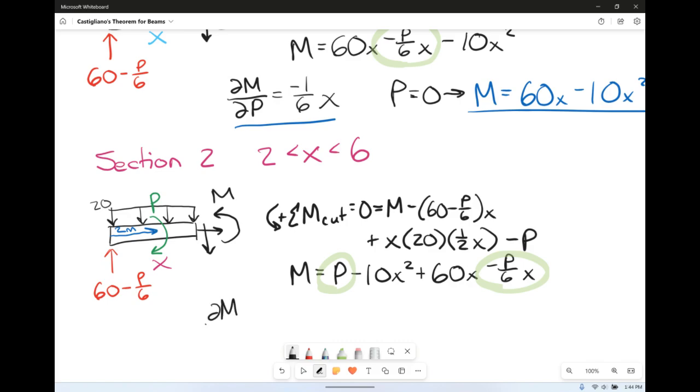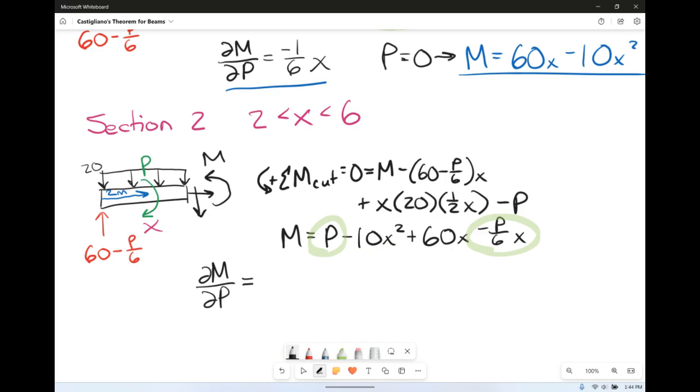So del M del P, that partial derivative of M with respect to P, we're going to have 1 minus 1 over 6 times x. Actually, not too terrible. And if we set P equal to 0, we're going to get M is equal to 60x